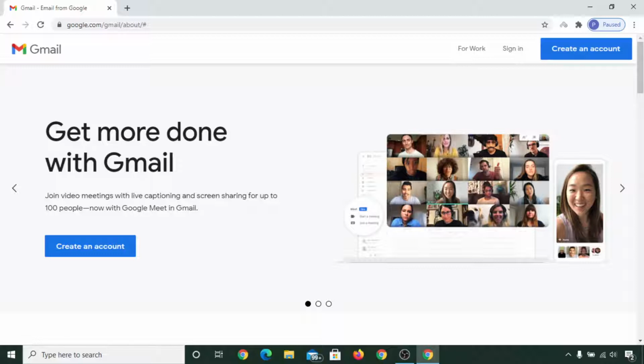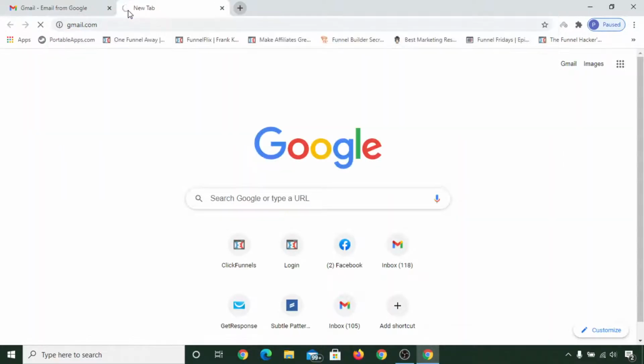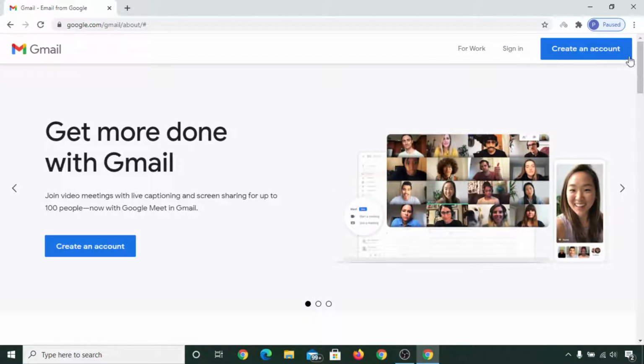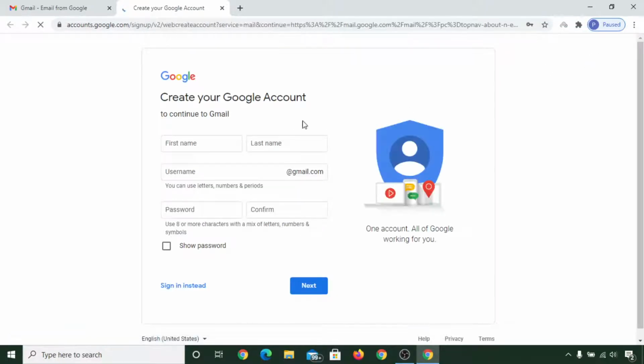So you can simply visit gmail.com and then click on create an account. I'll show you everything in a step-by-step process, okay? So just type your name